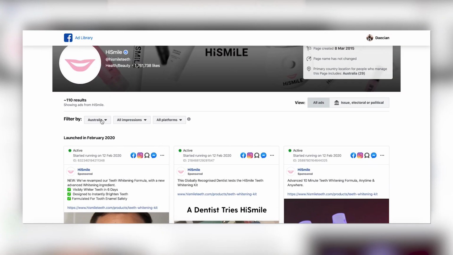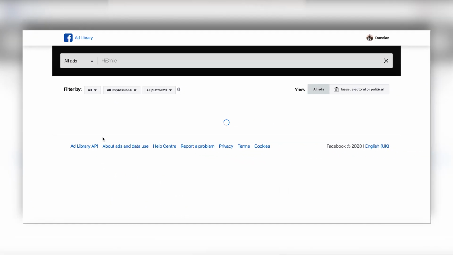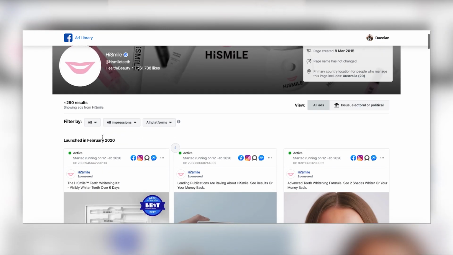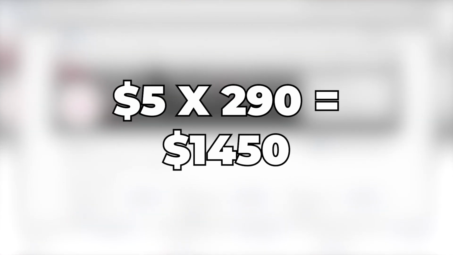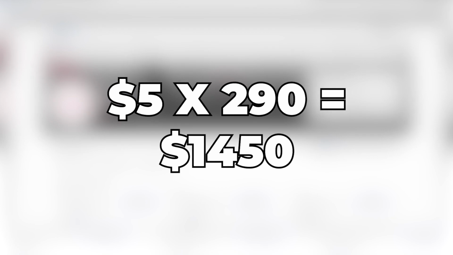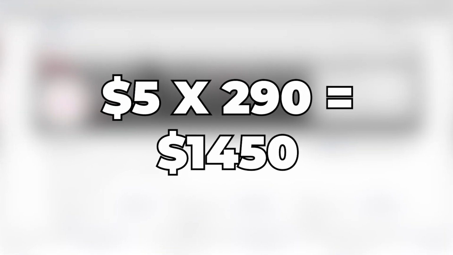Once you are in the ads library, select filter by all. This will show you all the ad sets the advertiser is running. Now on the top left corner, you are able to see how many ad sets are active. For example, this page is running 290 ad sets. The rule of thumb with Facebook ads is that the minimum spend is $5 per ad set. Now if we times 5 by 290, that equals $1,450. We can now approximate that this advertiser is spending over $1,450 a day, which can estimate to be over $1,450